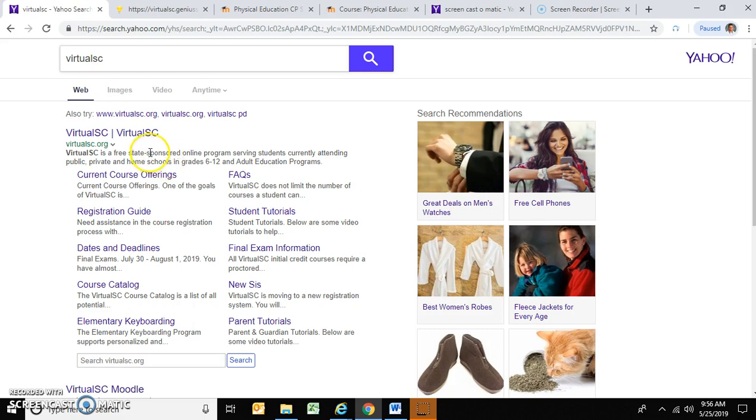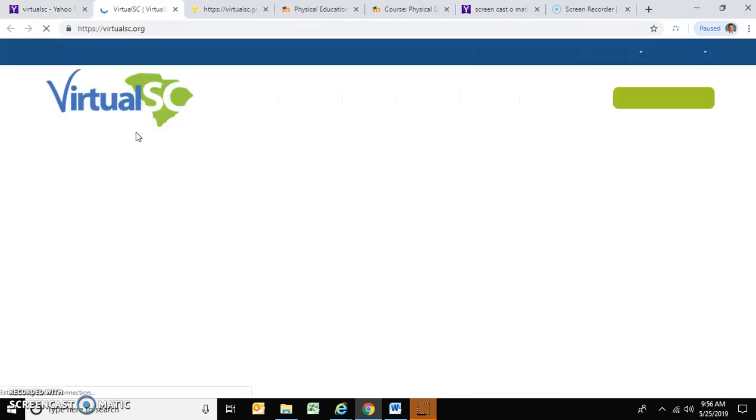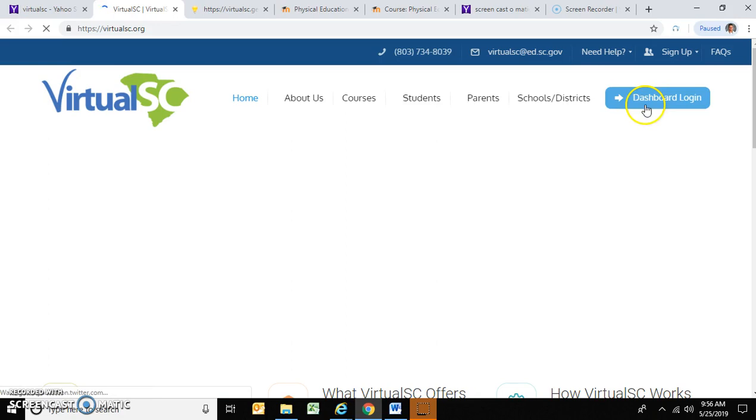We'll talk about that a little bit later, but I would open that up, get to the Virtual SC website, which I think has a lot of really good information. So I just put that there in the search, and I'm going to open that up. To get to the course, you're going to click on Dashboard Login,